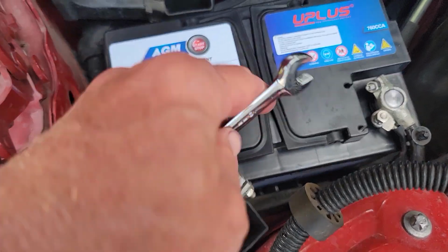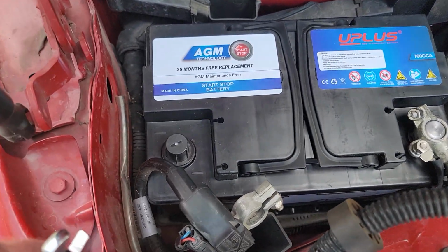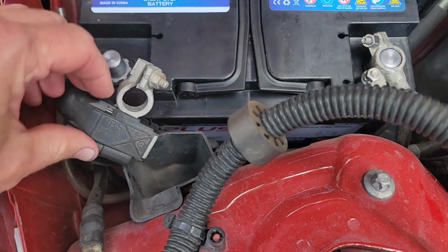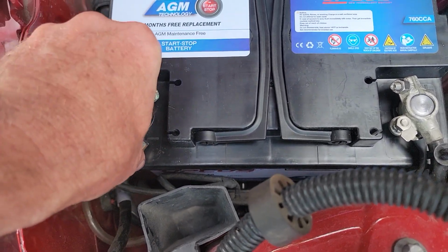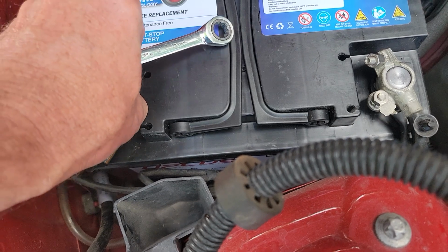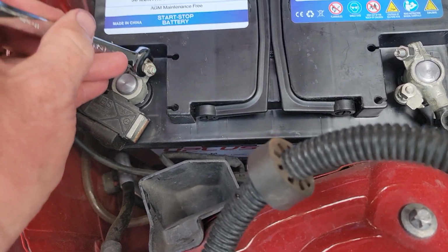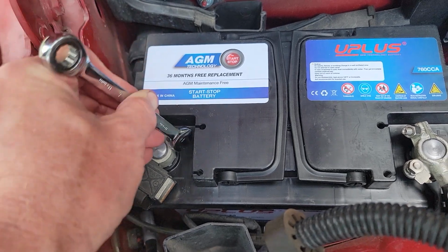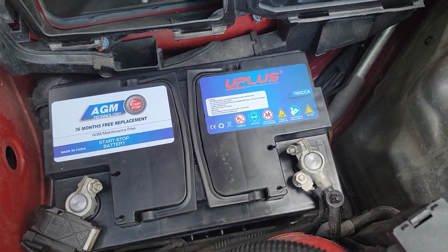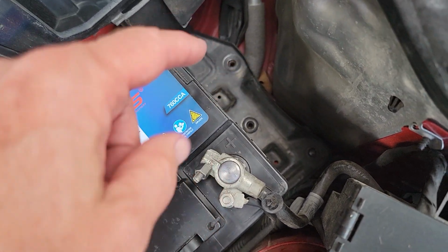And always be careful not to hit a wrench between the two terminals. You don't want to short out your battery and give yourself a little shock in the process. We've got power. Nice and snug. Battery's looking good. Now the only step left, we're going to put our battery hold down back on this side,